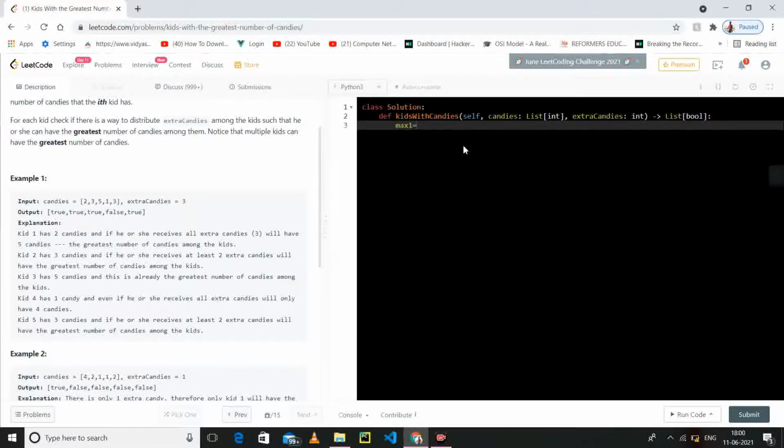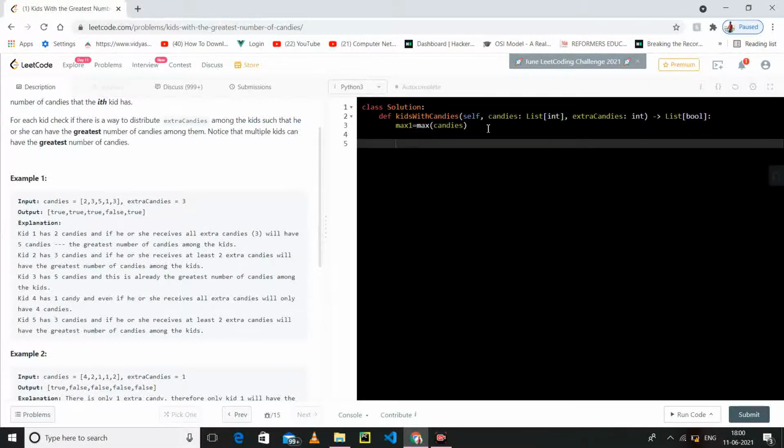So first we want the max, so max of candies. This is the maximum, and we have to find whether, if we add the extra candies to each index, to index 0, index 1, second index and third index, our candy becomes greater than or equal to the maximum value already present in the candies.